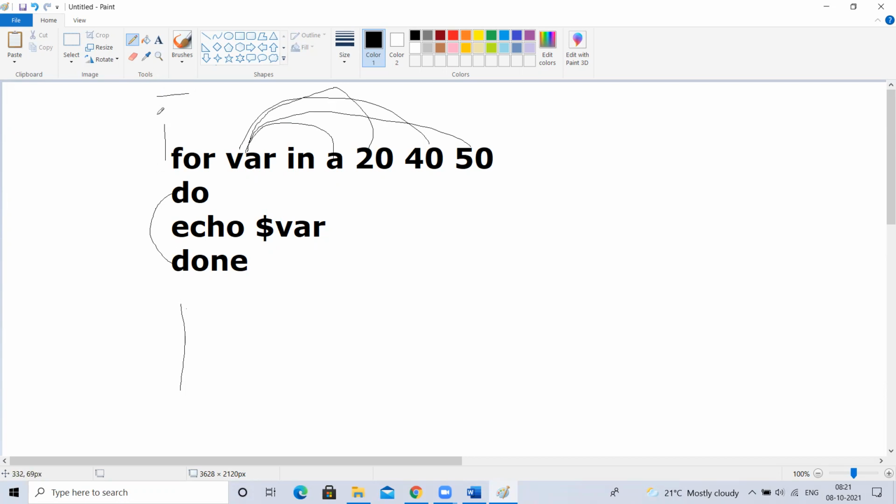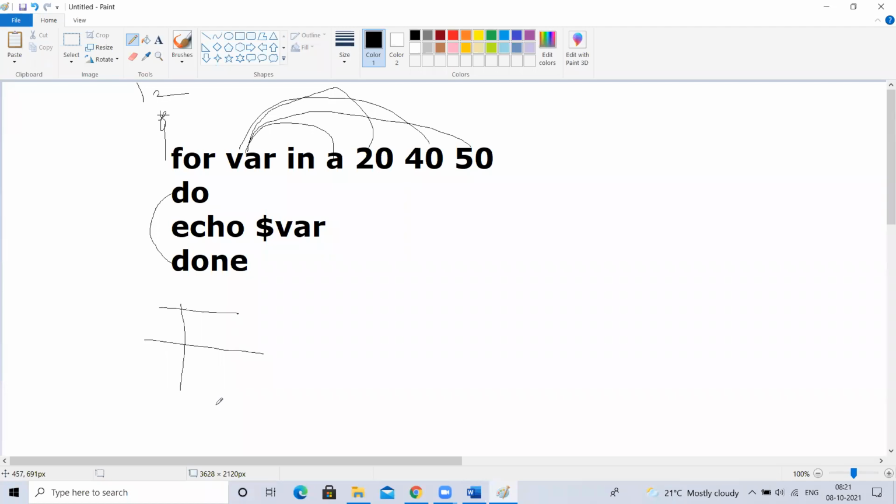For example, here you are writing some echoes. When the execution starts, it will print this echo, then this echo, then it will come here. It will repeat these many number of times. Once that is done, it will exit from there and continue with the execution of the next lines. Have you understood, guys, this one?